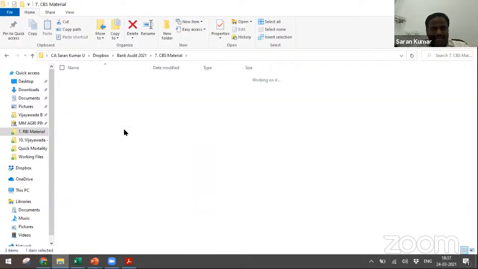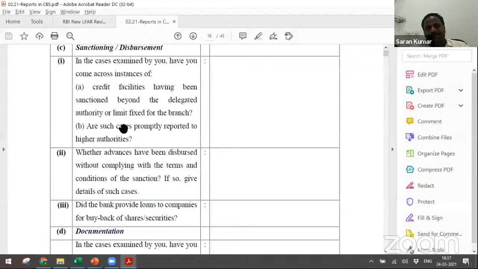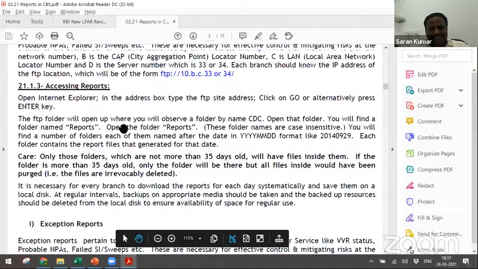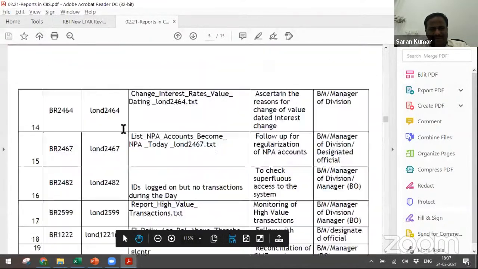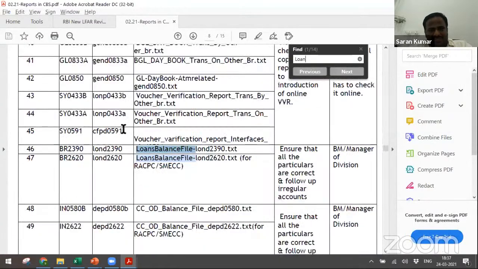Other than that, if you want any files, you may need to go to the system. When I go here, the CDS reports in CDS, these are all the reports it's going to generate. Let me look at the loan related report. The question you asked, my friend, is about the report you need to generate. You need to take it from the system. So LOND 2390 will give you the loan balances file.